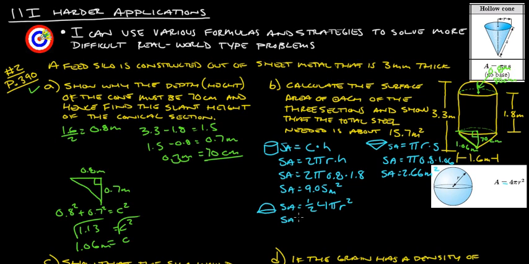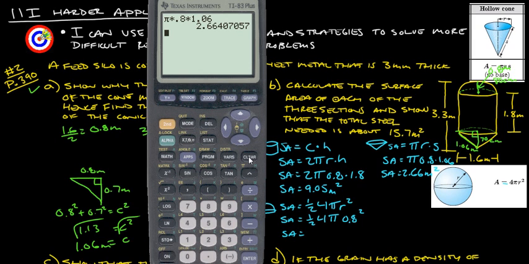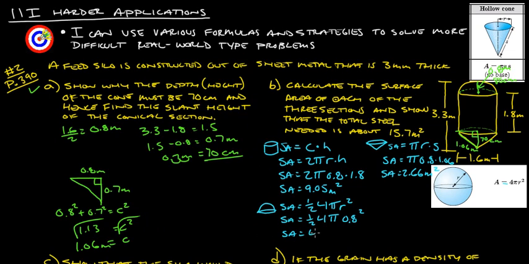So in this case, the surface area is going to be 0.5 times 4 times pi times 0.8 squared. Alright, and that gives us 4.02